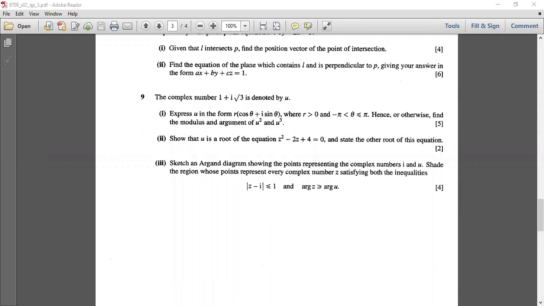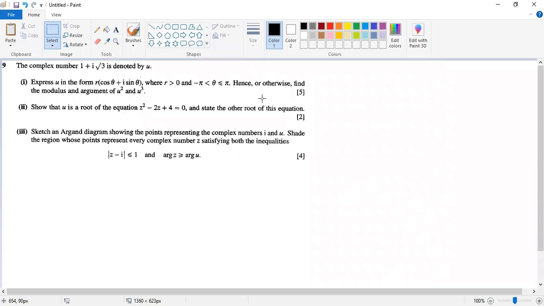Okay, let's begin with question number 9. The complex number 1 plus i root 3 is denoted by u. They say express u in the form r cos theta plus i sin theta. That's a polar form. So let's take a closer look at the polar form itself,